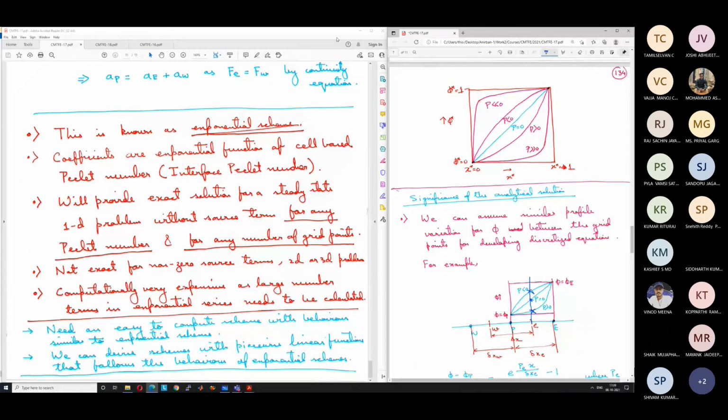So how will we mimic this? We can break this down into parts, like going from here to here, then here to here, then here to here. We can break this down into multiple parts. Breaking this down into multiple parts is known as piecewise functions. So we can use a piecewise linear function. So one straight line like this. I will draw it here.